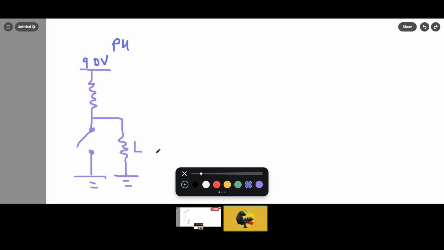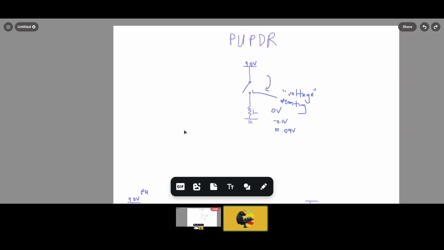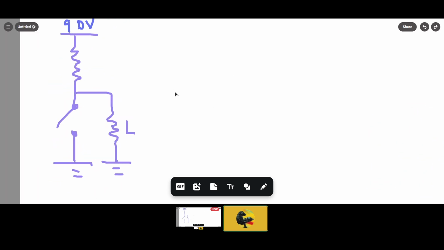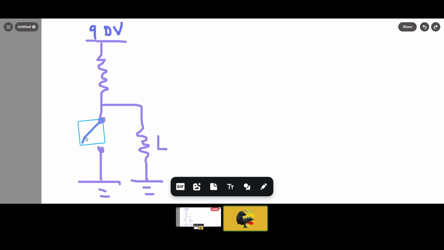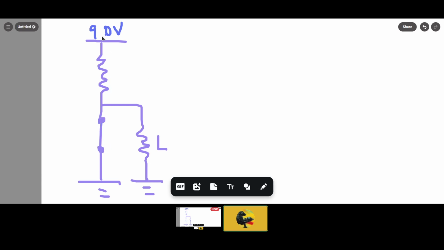Yeah, so you may be asking yourself, what's the point of that? Okay, remember what our goal was? Our goal was to have a circuit such that we will never ever have this floating voltage supplied to the load. And don't you realize we have achieved that? When the switch is closed, as we already have established, the voltage will actually just flow to the load. And when it's open, look,